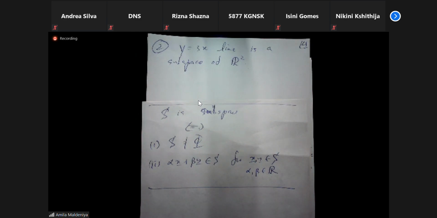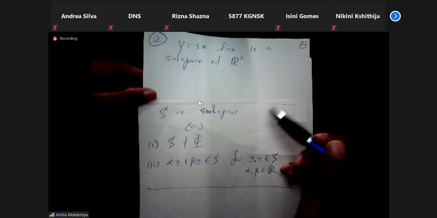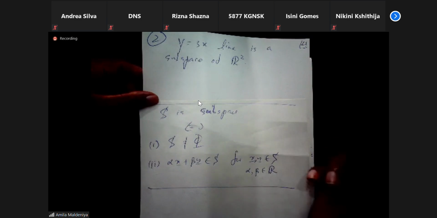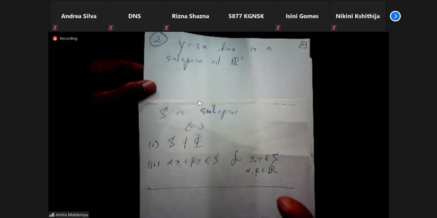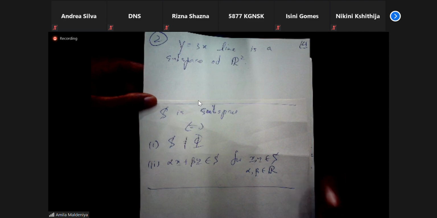Okay, that's fine. First of all, you should be clear with the idea. Then the result is very simple. The calculation: the idea is that in the vector space, we take a subset. Now the question is whether that subset has the vector structure, that means whether that subset satisfies all the 10 axioms. So we have a theorem: if it satisfies all the 10 axioms, then we call it a subspace, in other words, a vector space.